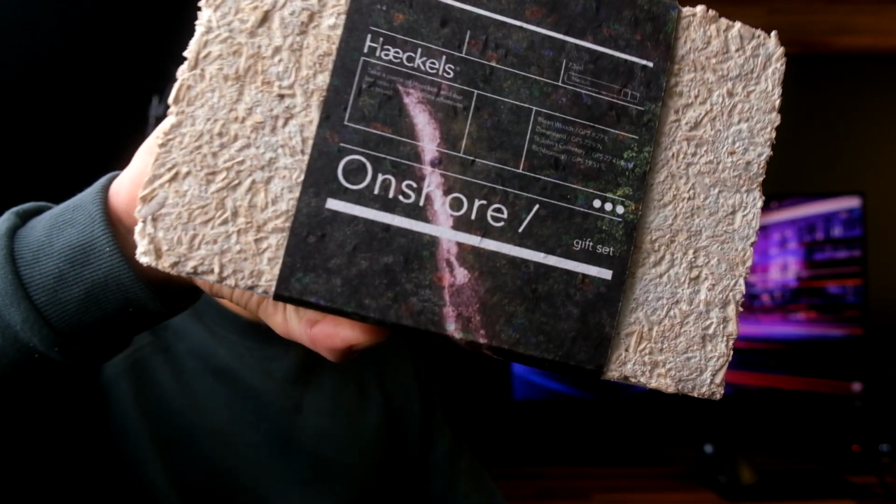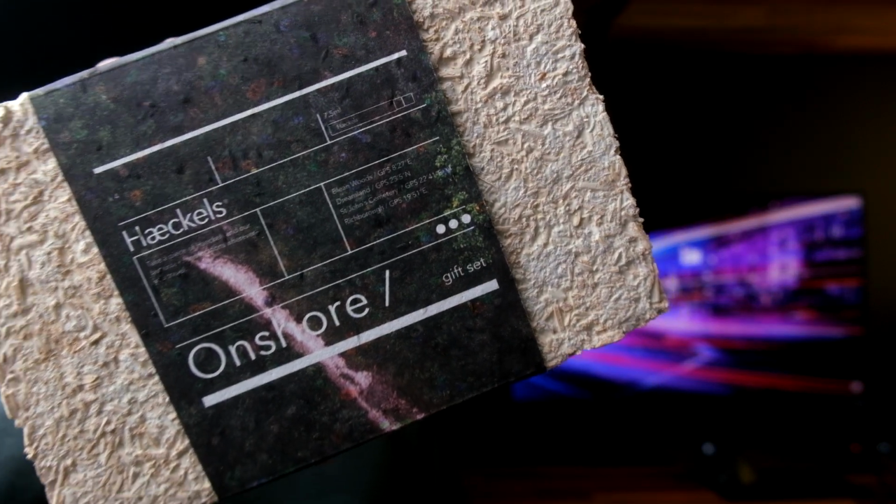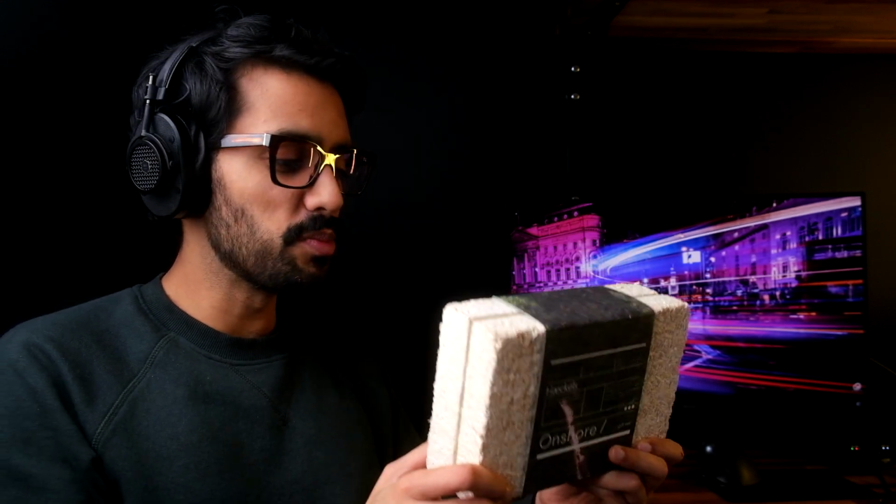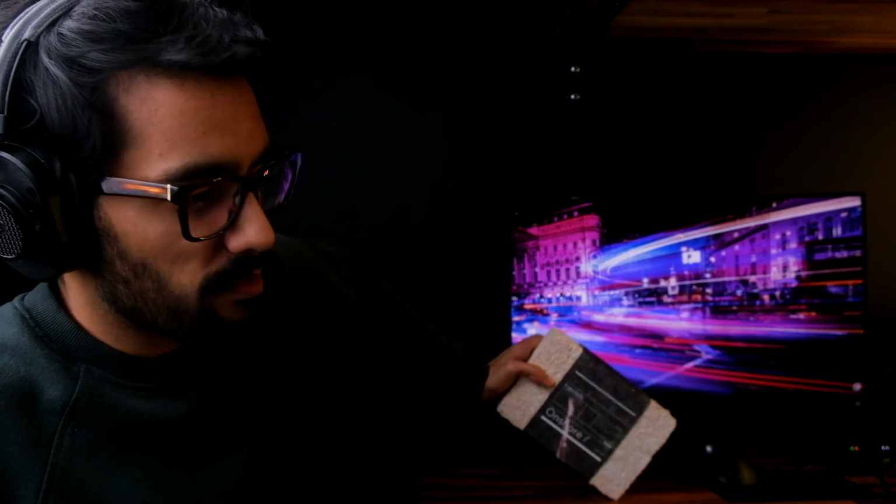Today we are taking a look at OnShore by Haeckels. Now, I know the thumbnail and this packaging doesn't give away too much, but if you are familiar with the Haeckels fragrance sampler set that was very, very popular late last year, basically the packaging got changed. Not the fragrances, but the packaging. And this is the new packaging, and I'm going to quickly run you through what's changed, what they've done, and how they've heckled